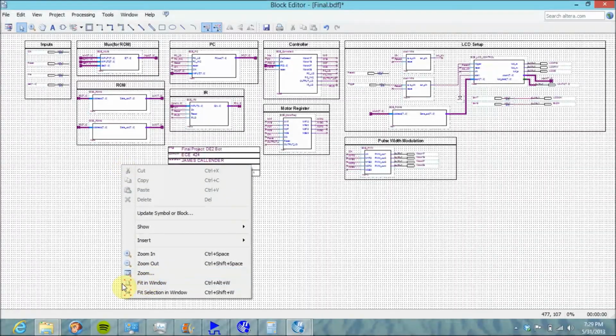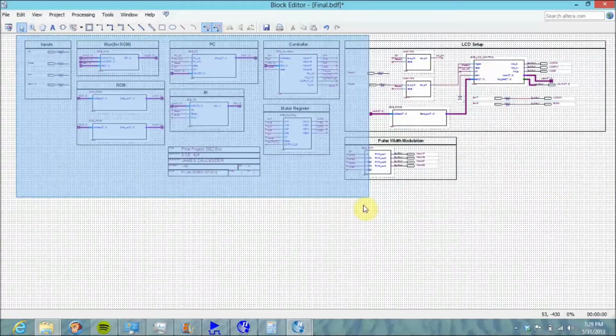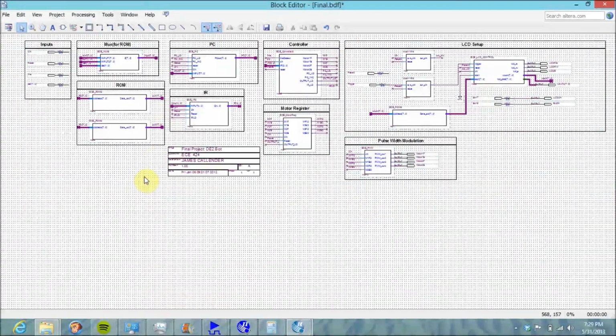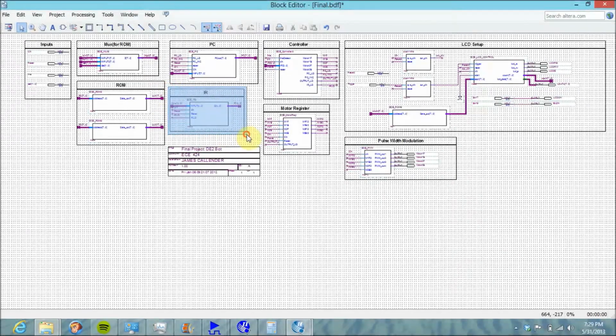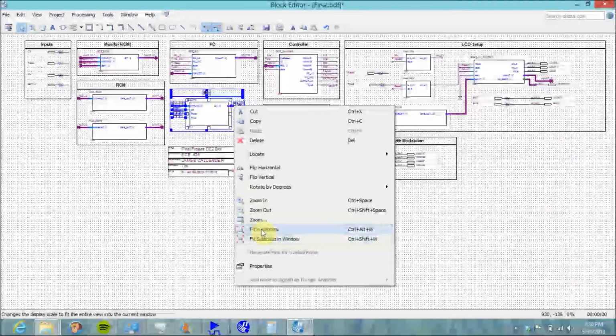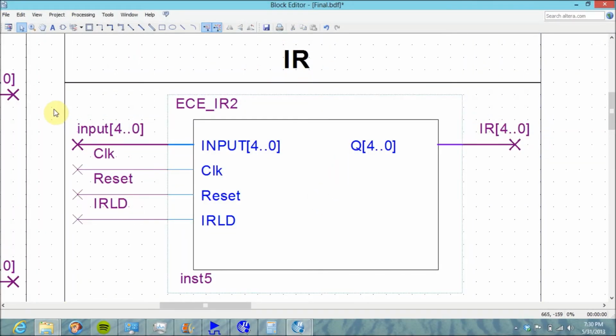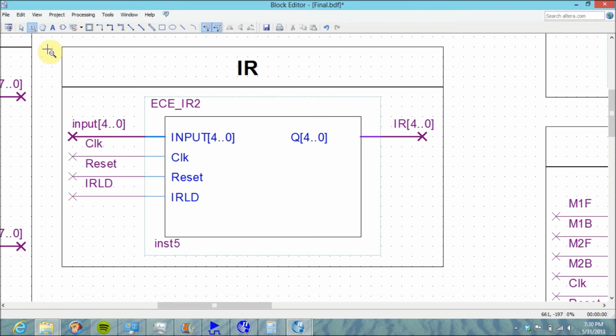I just right click and went to fit to window, and I'll do a print screen and just crop out everything that belongs and blow it up and put it in the lab report. And then after that, I'll just kind of zoom in on each component so I can really see without having to zoom in on the lab report. So I can just go to fit selection in window, and it'll blow up. Usually it blows up a little too big, so I'll just zoom out just a little bit. I just get this and right click to zoom out, and then I would just take a print screen of this, post it in Word, and crop out this block and post it in my lab report. And I'll do that for each different segment